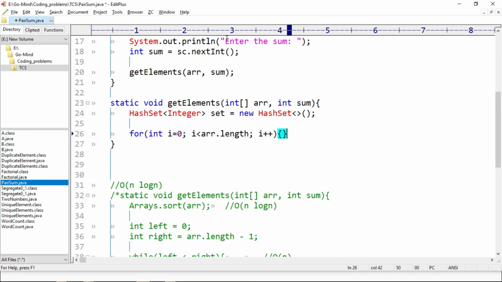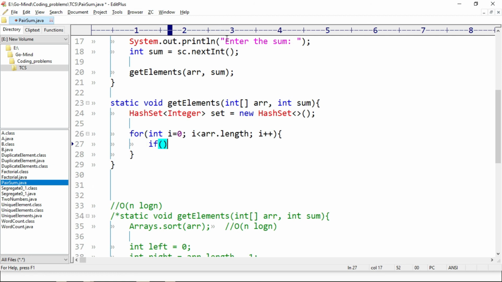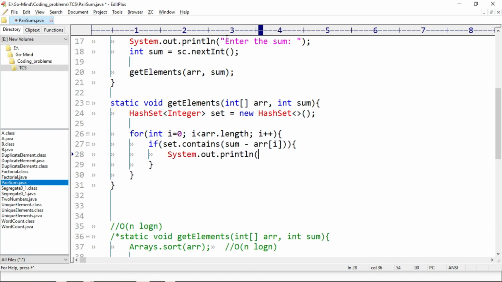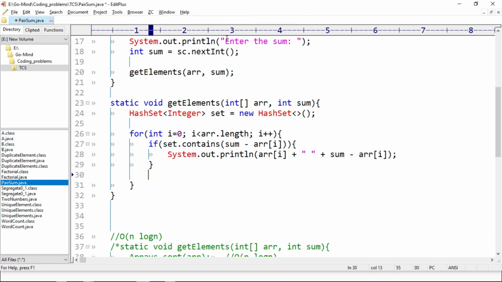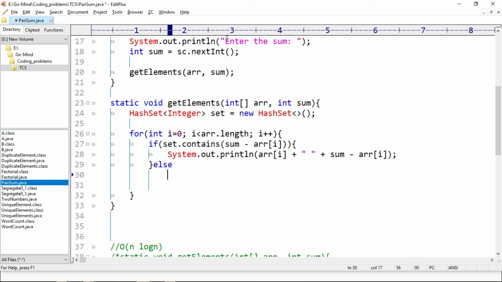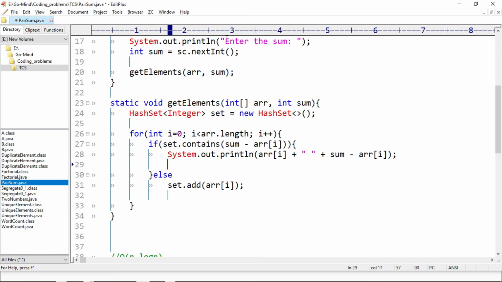To find the element in the set, we have a method in the HashSet class, that is contains, set.contains. So we'll search for sum minus array of i, and if we found the element, then we will print it. Otherwise we will add that element in the set. Also we will break the loop as soon as we found the element.